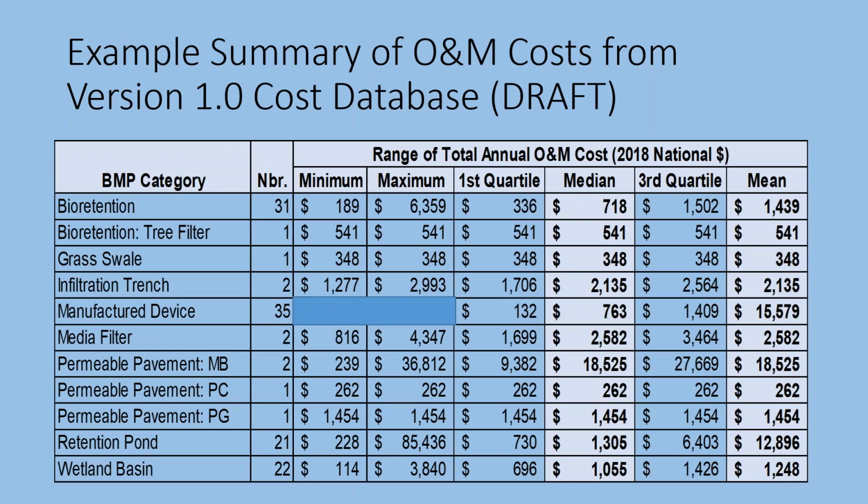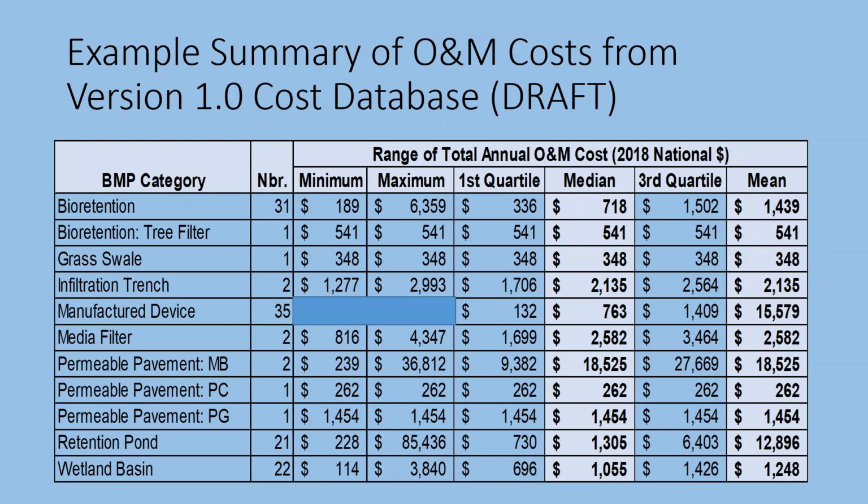And so we're taking those data sets and we're synthesizing them a couple of different ways. We're doing total annual costs per facility, and also normalized based on, say, surface area or treated volume. This particular table is just the total annual cost to get a big picture of the range of costs for different facilities. And I would tend to go with the median on this type of summary.